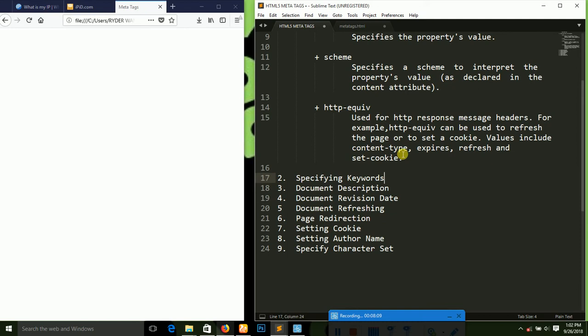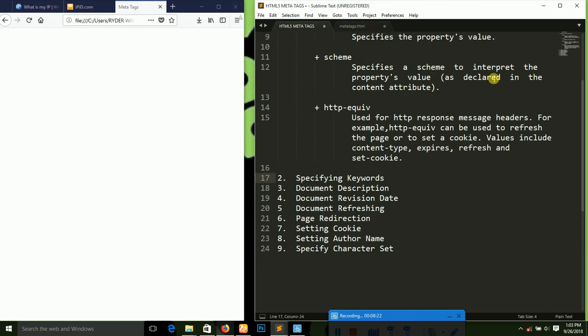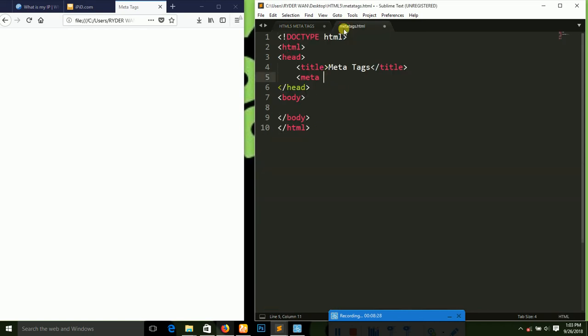Let's give an example here. You open your meta tag, META, and then the name. So you'll be taking this, as I was saying, name. The name for the property can be anything, you understand? So name is equal to, name should be equal to what? Keywords, because